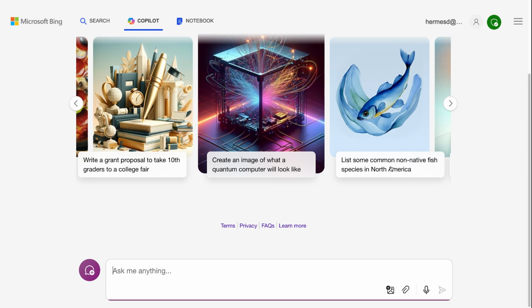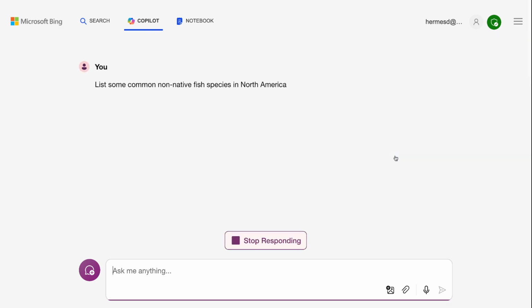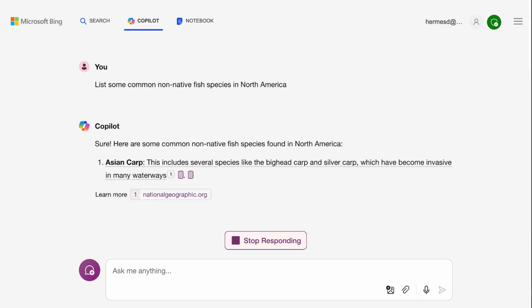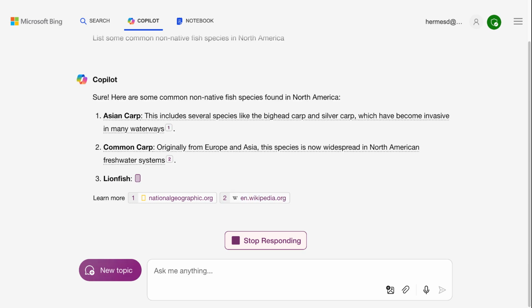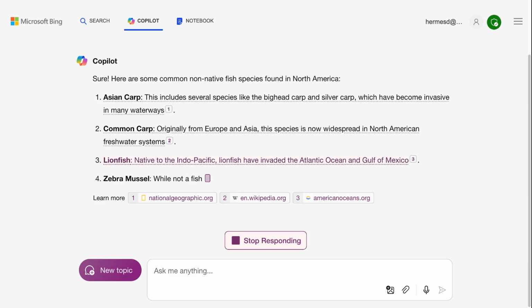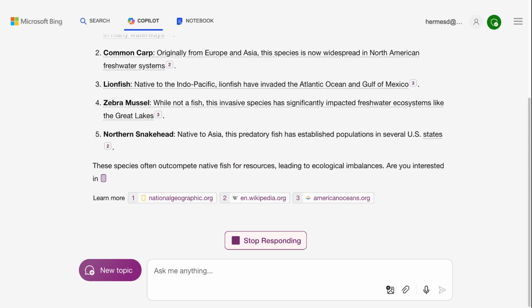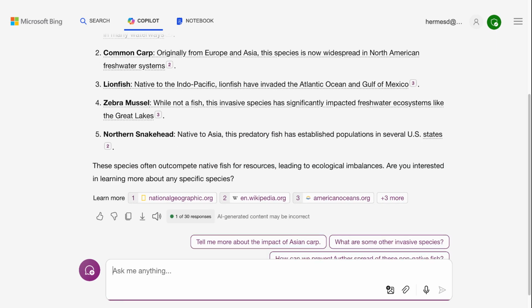So list some common non-native fish species in North America. And again, it just gives you some suggestions for how you can type in a prompt. There's going to be a separate section in here for how to write prompts, because that's really a skill, and there's a lot of information out there about writing prompts. In fact, they give it the name prompt engineering because it's so important